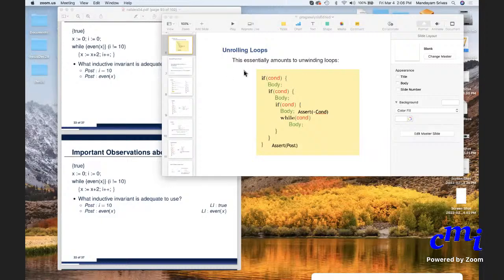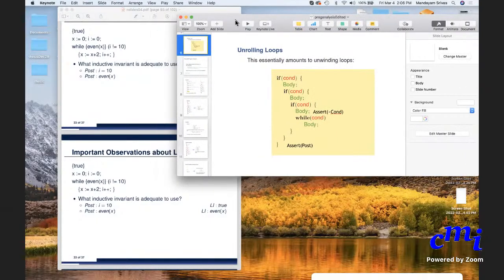In the agenda that I sent out today, I said I would first discuss some implementation notes and then finish up the loop invariant discussion. But I will do it in the reverse order. First, I'll finish up loop invariant since I started with motivating it and introducing it, and then I'll get to